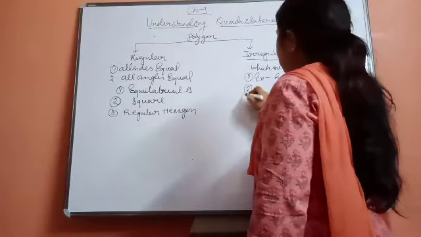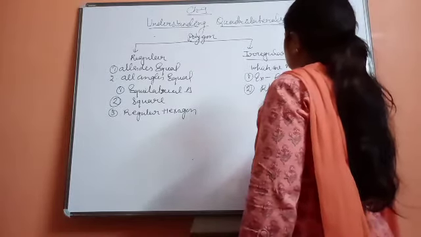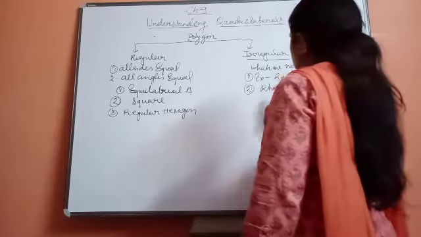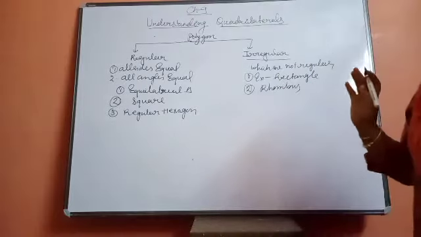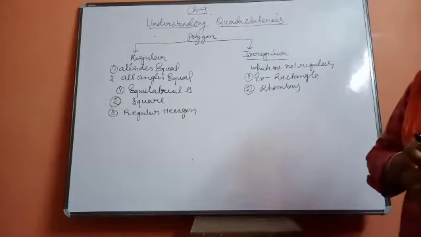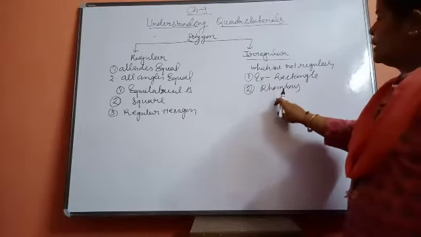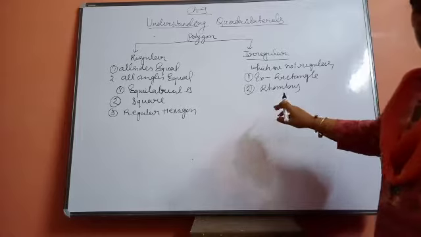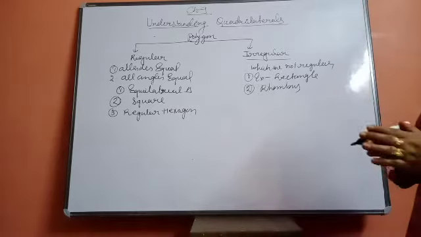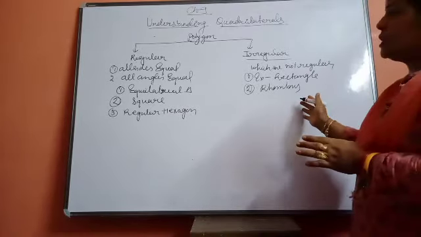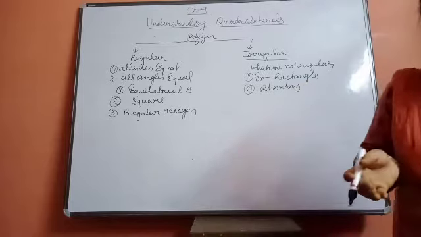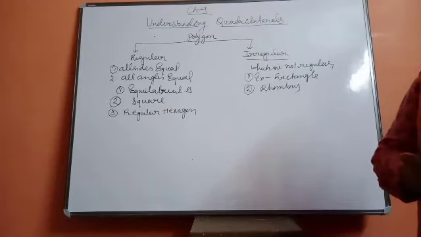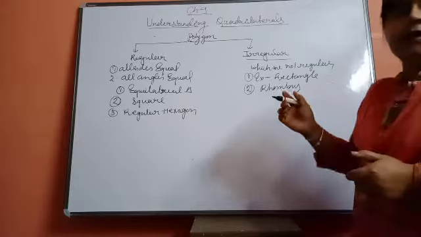Second one we can take as an example is the rhombus. Okay, in a rhombus also, although all sides are equal, each angle is not equal. That's why it will be in the category of irregular figure. Okay, afterwards, these were the classification of polygons. In one more category we can classify the polygons. We are coming to the next category now.